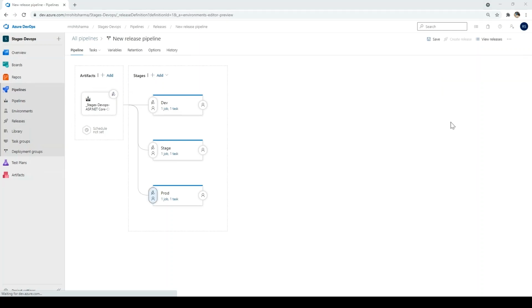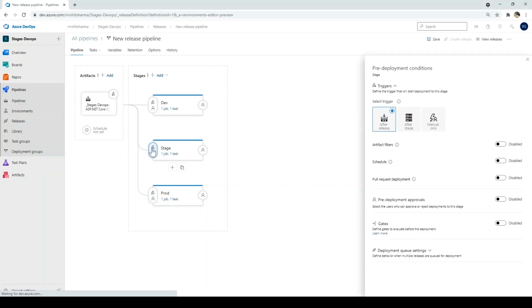Click on cross. Now one thing which I want to mention here, after a release is created, it will deploy into all 3 environments, but this is not the valid way, or I can say this is not the correct way. So what it should do, it should deploy to dev first, then to stage, then to production. For that I have to do one modification. Click on the pre-deployment condition